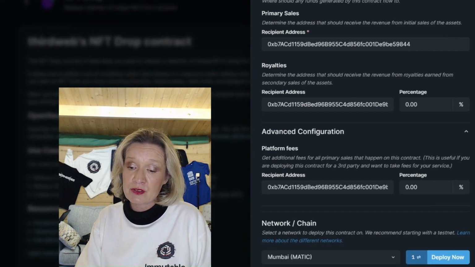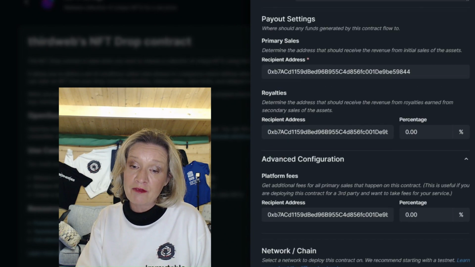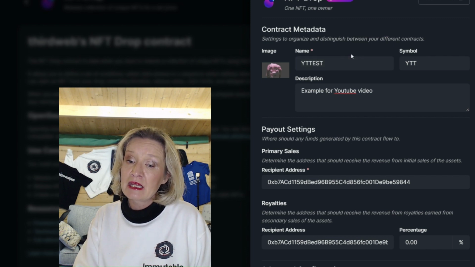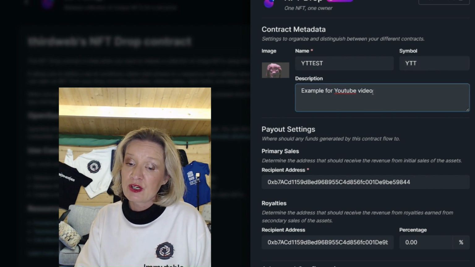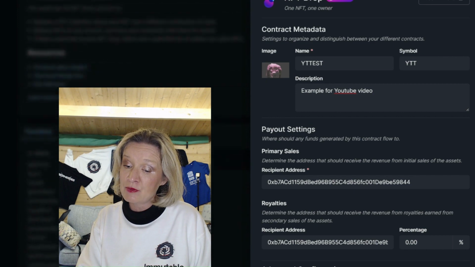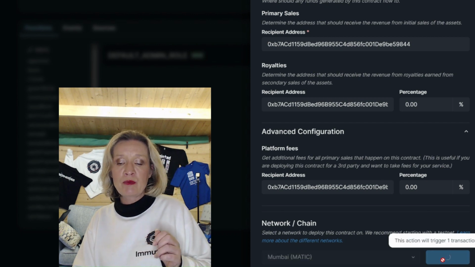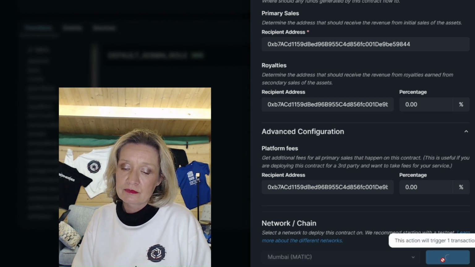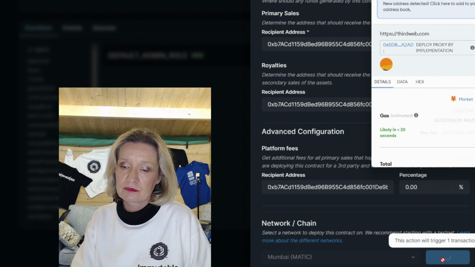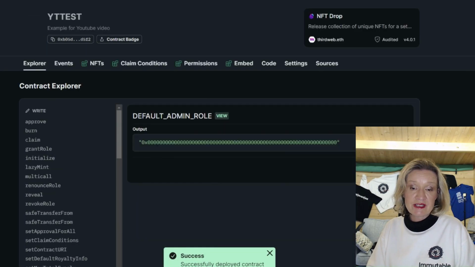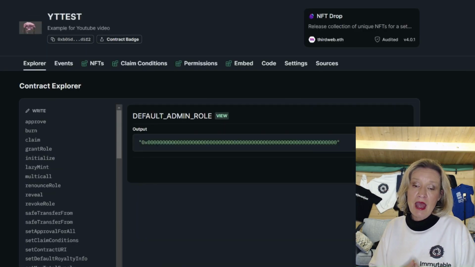The final step here, once you've verified all of the details, so this is the contract metadata: the name of the contract, the symbol of the contract, your description, image, your payout settings, and also the network. Once we select deploy now, we will be given a transaction to sign. Once we sign the transaction, then the contract is set up and we're now able to set our claim conditions